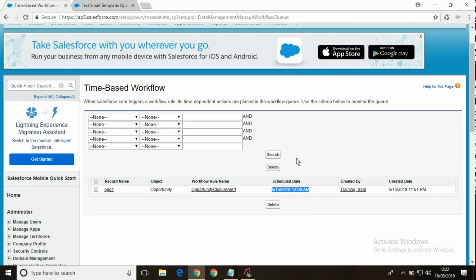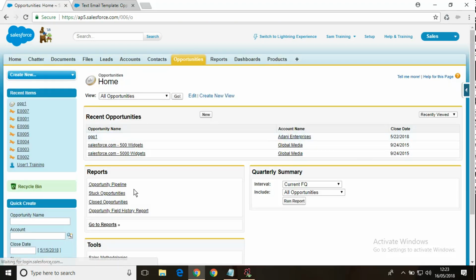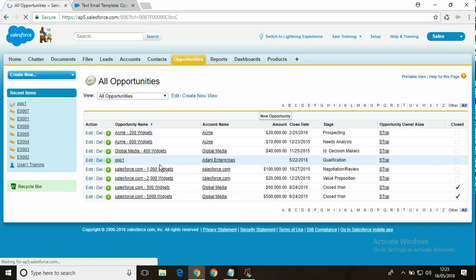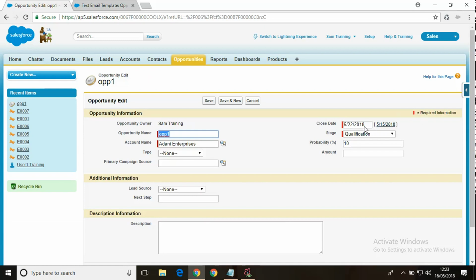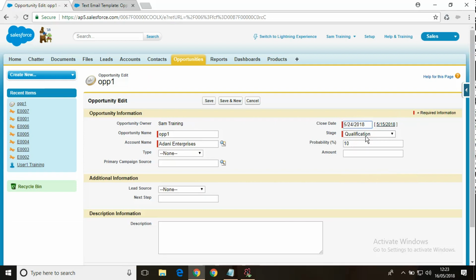So maybe what we will do, let us do one thing now. Let me change it now. I want to show you something. In case I make changes, this mail is past dated, so if I edit it and make the date, let's say, 24th, okay, so 24th I said.